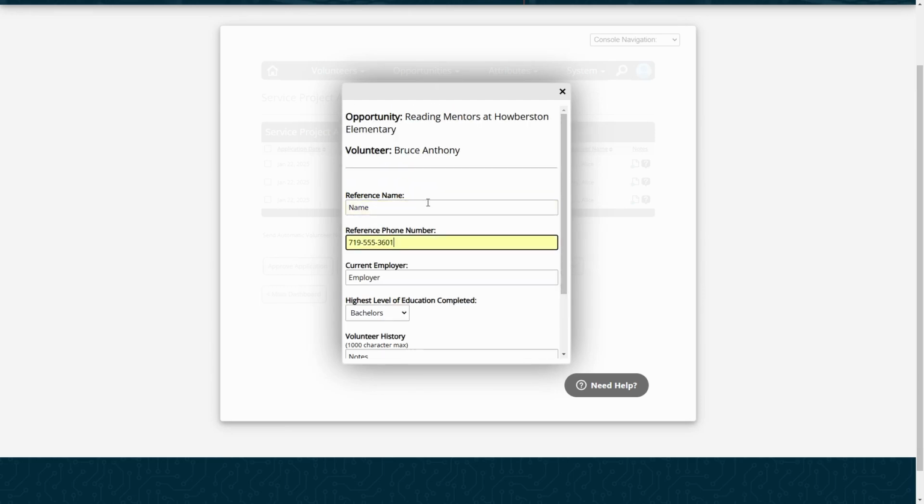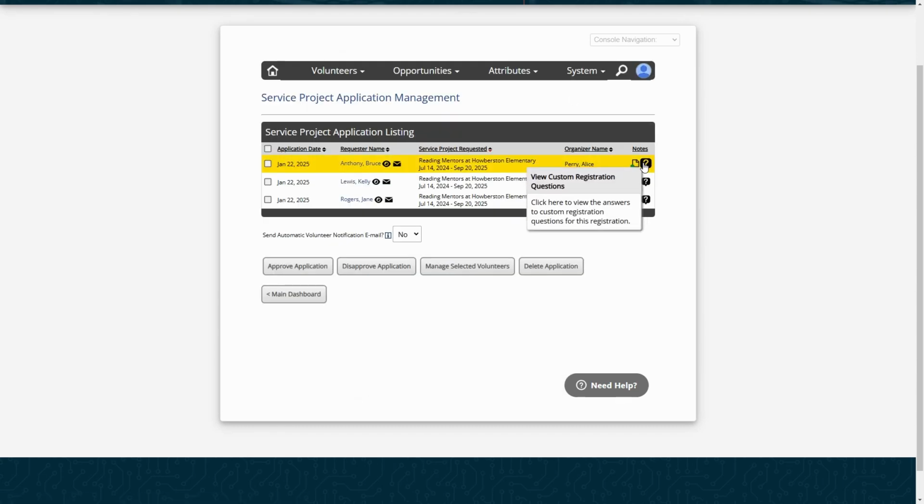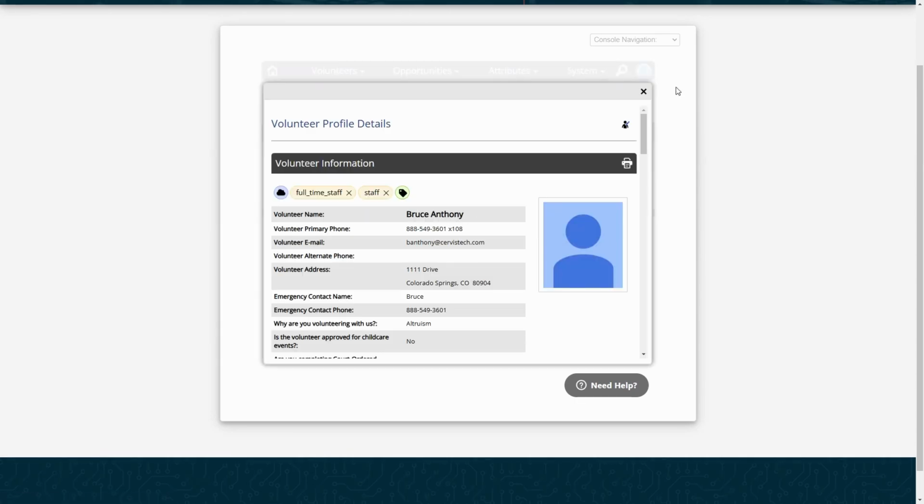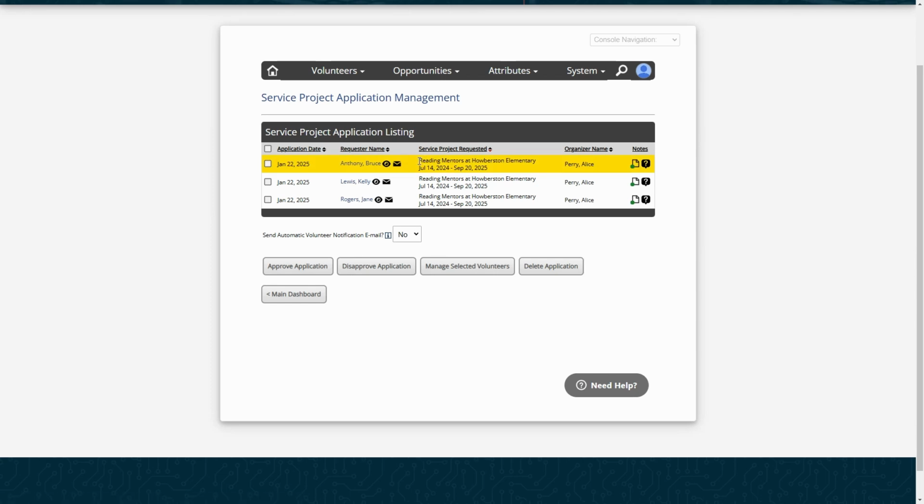Of course, in this case, I would obviously be calling like a reference here. But then I can use that information to help me understand if I need to approve or reject this person. From here, I can also view all their profile details if I need to see more information about this person. And then, of course, if I want to email or call that person, all that data is kind of right at hand. From there, once I've made a decision, I can select this application and then either approve or disapprove